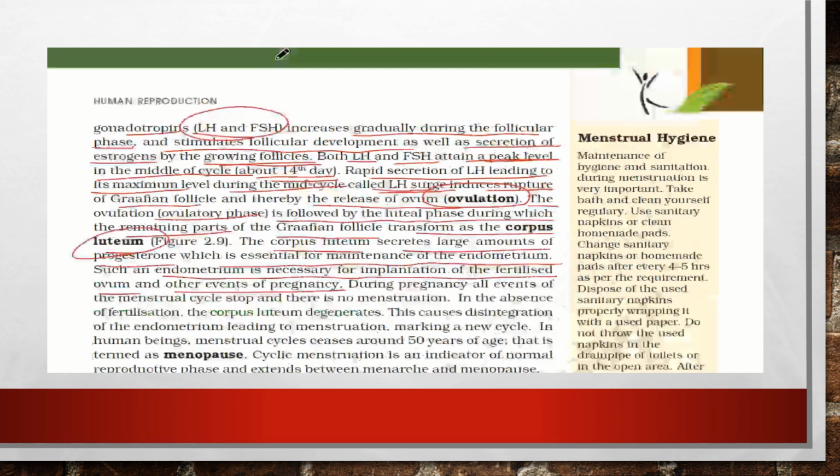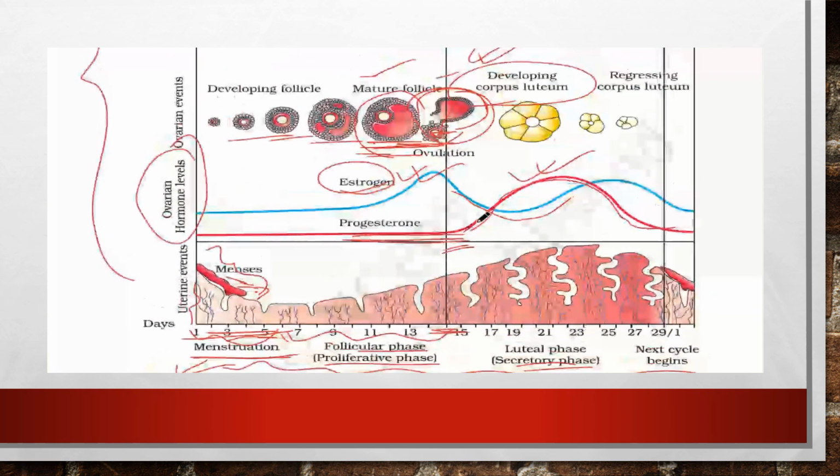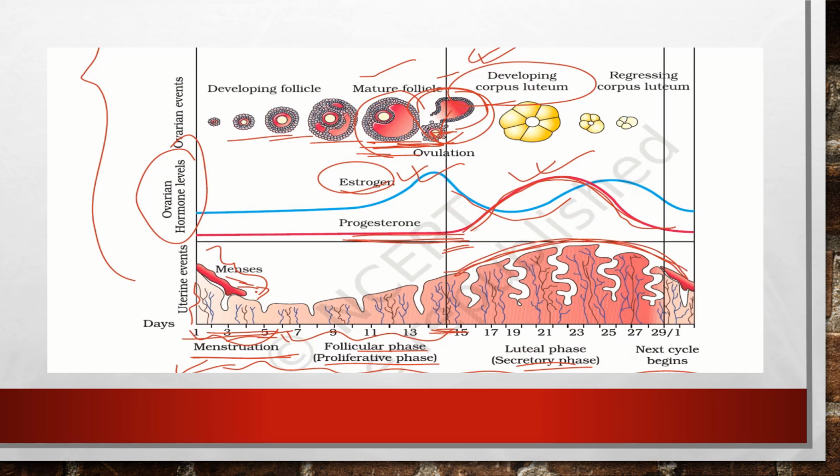Okay, so now here we can see that progesterone hormone is secreted in large amount. Why? Because this growth of this endometrium is very much important. This maintaining of this endometrium is important, because as the ovum has been secreted, if this ovum is getting fertilized, then that fertilized egg or zygote will be implanted in this part of uterus, and for that only this lining is made proper, so that the implantation of the ovum and the sperm, when they are fused together to form a zygote, is happening properly, right?